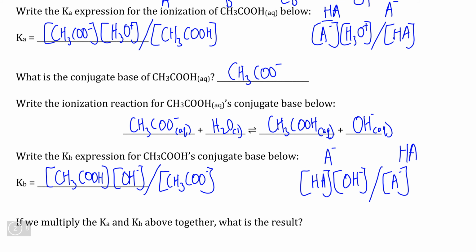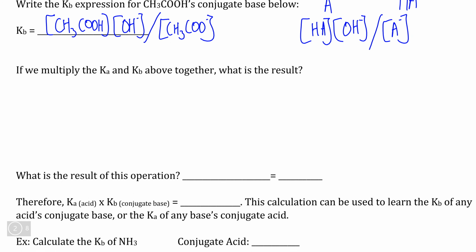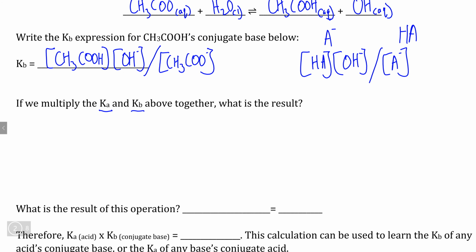In either case, what I'm about to show you will work with a specific Ka-Kb pair or with a generalized form. Now, for the sake of argument, what we're going to do is take the Ka equilibrium expression and the Kb equilibrium expression for the conjugate base and multiply the two together in order to see what we get. So if we take our Ka expression, concentration of acetate multiplied by the concentration of